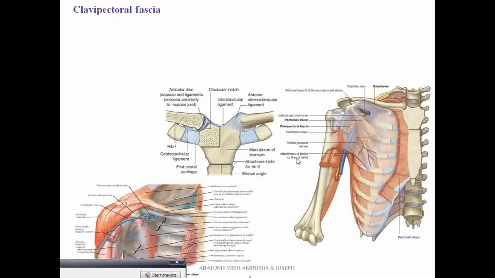Now let's see a fascia which is placed below the pectoralis major, superficial to or covering the pectoralis minor. That is called the clavipectoral fascia. Here pectoralis major is cut, and the hazy appearance is because of the clavipectoral fascia, and the muscle that can be seen is pectoralis minor. Clavipectoral fascia is pierced by some structures in this area. Again, a close view of the clavipectoral fascia after cutting the pectoralis major.